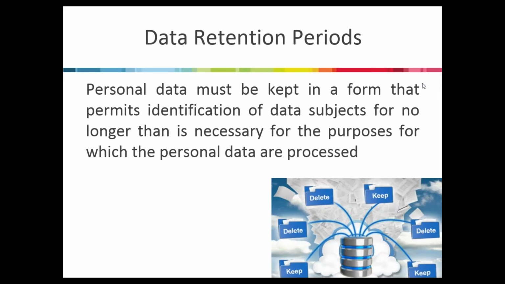The first point to make here is that what is necessary will depend on the reason for which the data is held. So, by way of example, a job reference from an unsuccessful applicant should be kept for at least 3 months, as a claim to an employment tribunal for a discrimination claim would need to be brought within this period. As there is no contractual relationship between the parties in this example, there's no need to retain the personal details for any longer. However, the personal data of a former employee may need to be kept for several years, as a claim in contract can be brought at any time within 6 years from the alleged breach of contract.